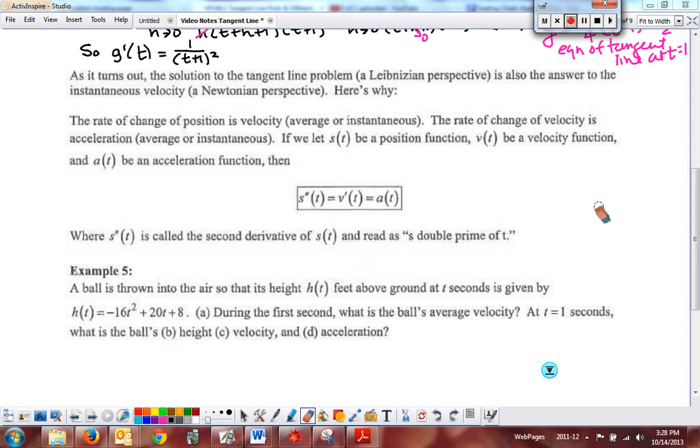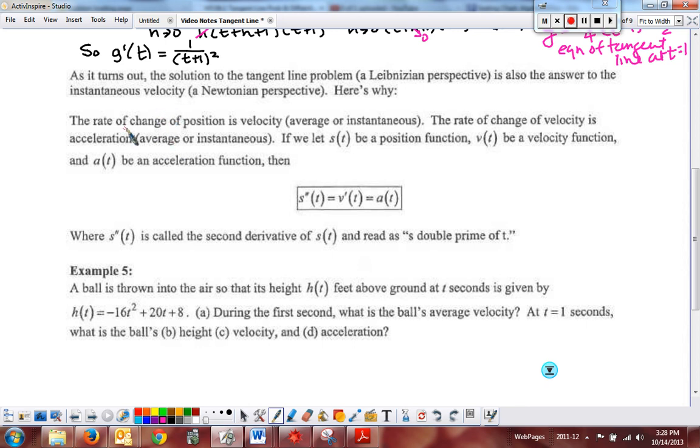Alright, so coming back, this is part 2 of our derivative notes where we're going to be looking at the applications that we can look at with this tangent line problem. The tangent line problem was Leibniz. Leibniz was this idea of looking at it with this limiting perspective. But what Newton was trying to look at was this idea of instantaneous velocity. So the idea that the slope of the tangent line actually is the instantaneous velocity at that point x, and